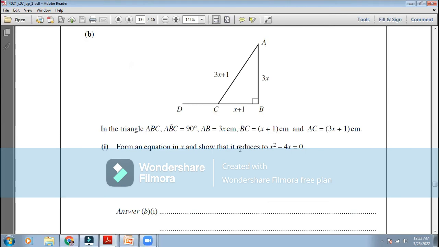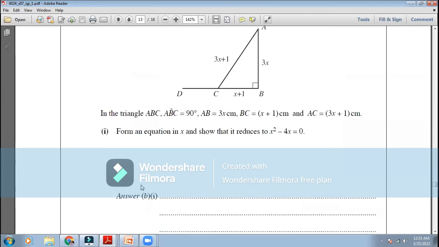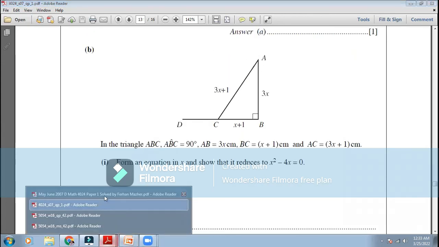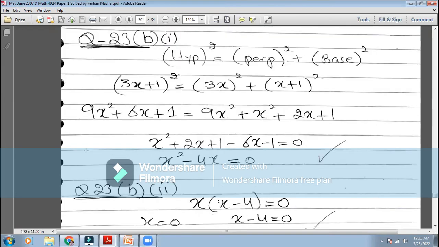So I can apply the Pythagoras theorem. Hypotenuse square is equal to perpendicular square plus base square. The hypotenuse is 3x plus 1, its whole square, plus the perpendicular is 3x, its square, plus the base is x plus 1, so its square. So open these squares with the identity: square of the first term plus 2 into first term into second term plus square of the second term. So you will have 9x square plus 6x plus 1 equals 3x square, which will be 9x square,